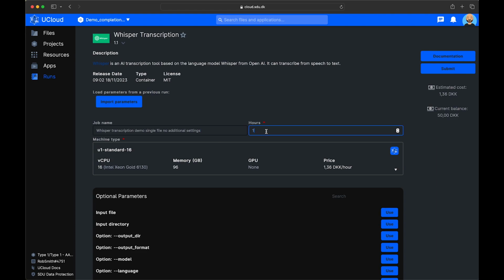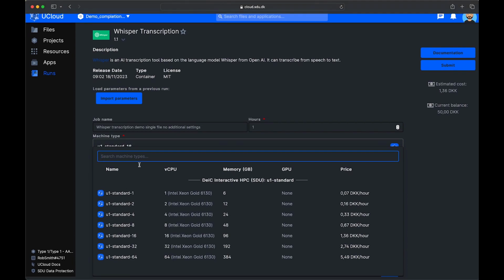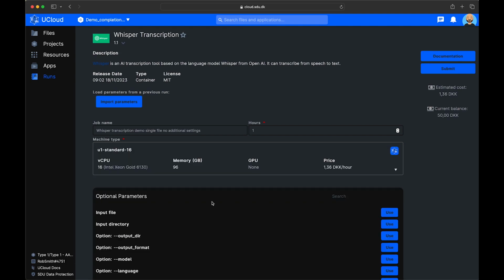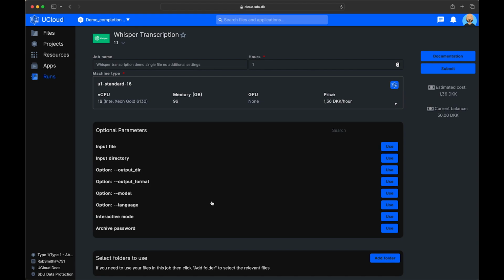It's going to run for significantly less than an hour because I'm only going to choose one file and I'll pick the smallest one, and it's going to run on a machine that I've chosen here, which we believe to be the most effective at the moment, a 16 vCPU machine that costs £1.36 per hour, as we recommended previously. You need to then choose either a file or a directory. In this case, we're just going to choose a file, and when I click this use option for these parameters,